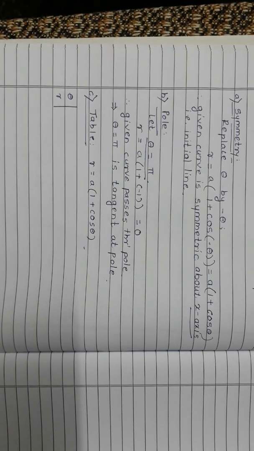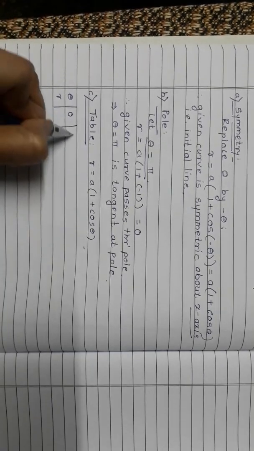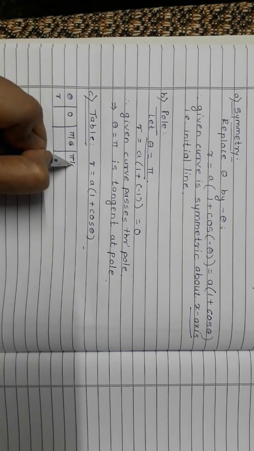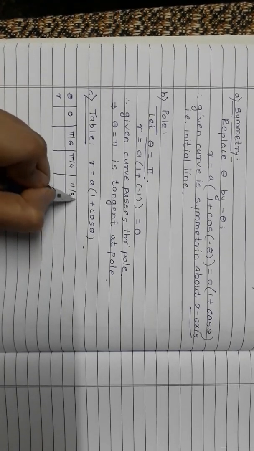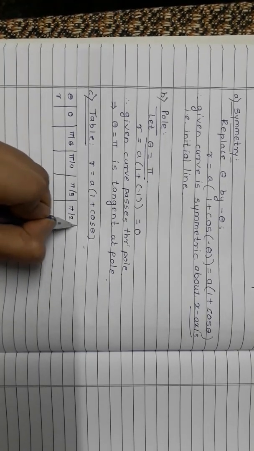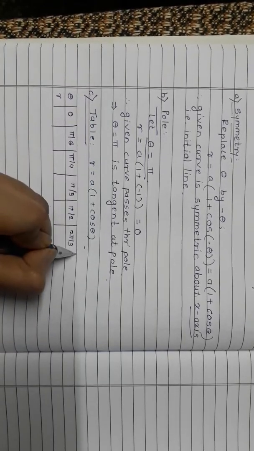So I'll just consider this as 0, then 30, that is pi by 6, then I'll take 45 also, that is pi by 4, then 60, that is pi by 3, then 90, that is pi by 2, then 120, so 2 pi by 3,